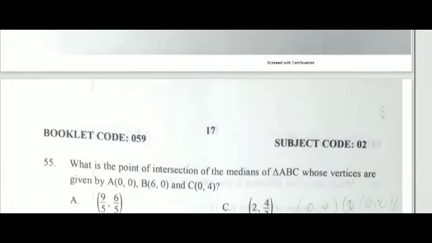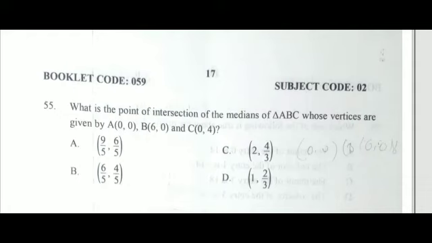Question 55. What is the point of intersection of the medians of triangle ABC whose vertices are given by